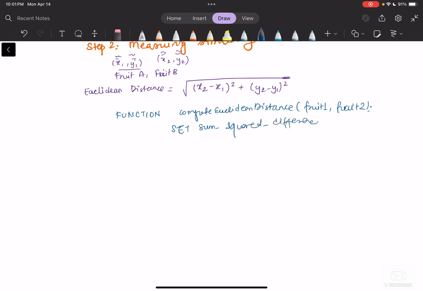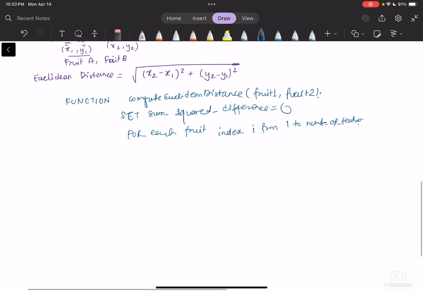We initialize it as 0, and then for each fruit index I from 1 to number of features, the difference is going to be